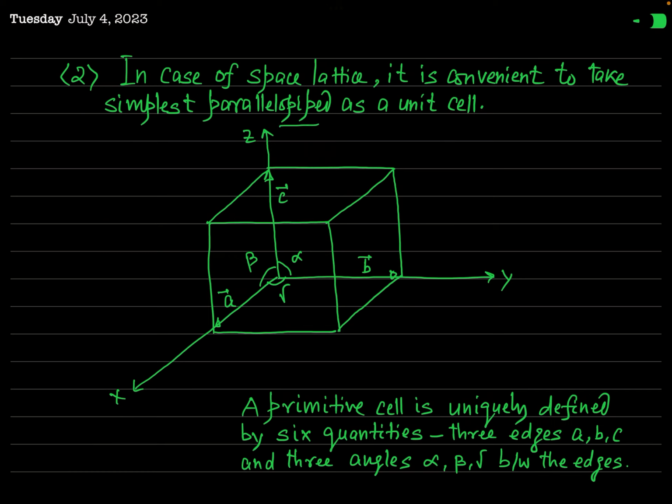So in this case, instead of a parallelogram, we should take a parallelopiped as a unit cell. As you can see in this figure, I have shown here a parallelopiped, and these X, Y, Z axes marked here represent the crystallographic axes. Okay, and this